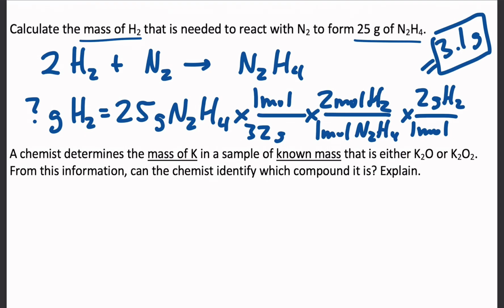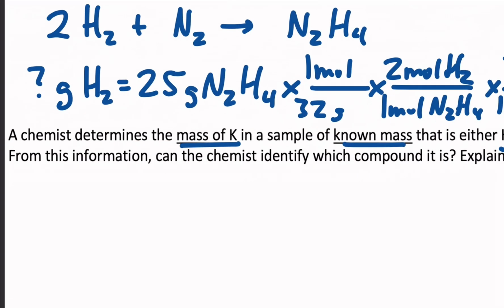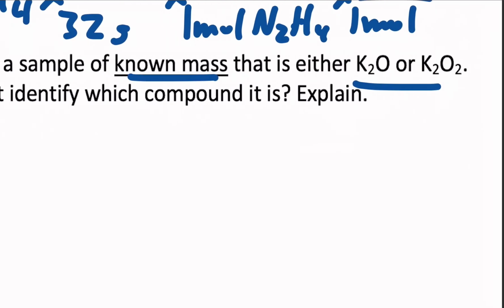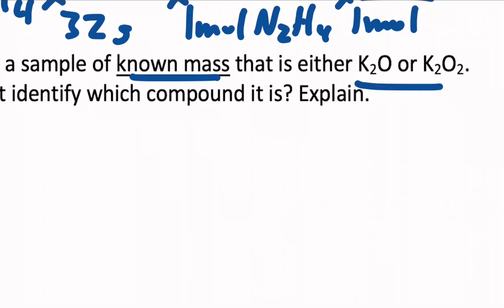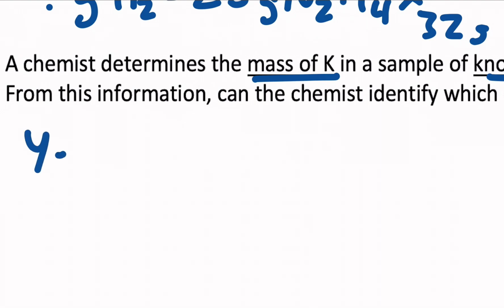Lastly, conceptual question. A chemist determines the mass of potassium in a known mass of a compound that's either potassium oxide or potassium peroxide. Can the chemist identify which compound it is? So we know the mass of K and the total mass of the compound. That means we could actually get the percent composition, and we could get what it should be for both of those compounds. So yes,